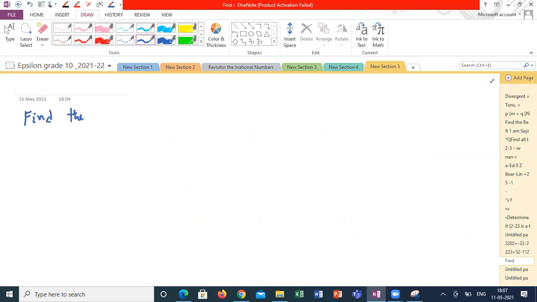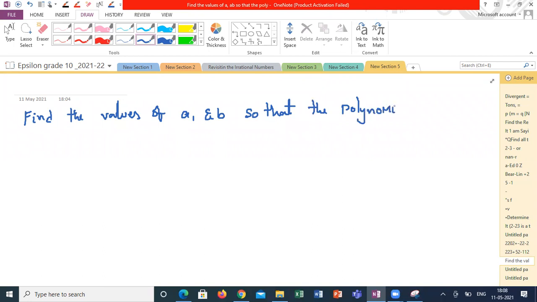Find the values of A and B so that the polynomial x cube plus ax square plus bx minus 45